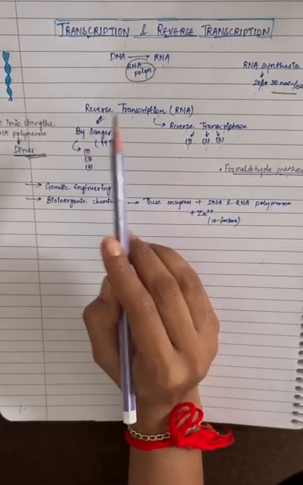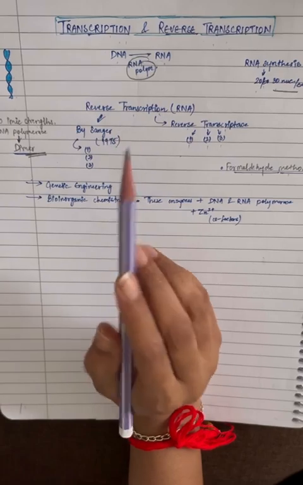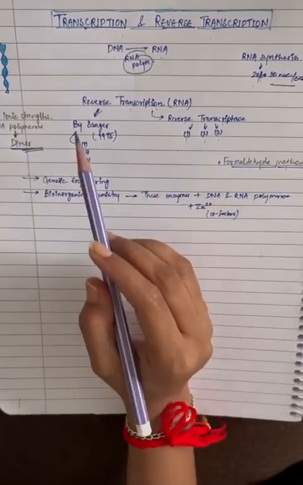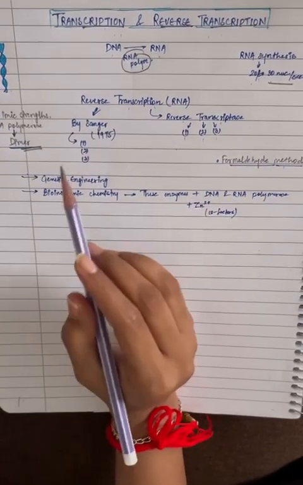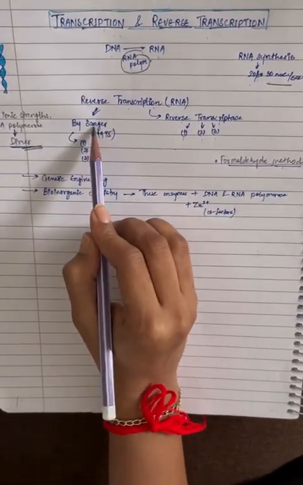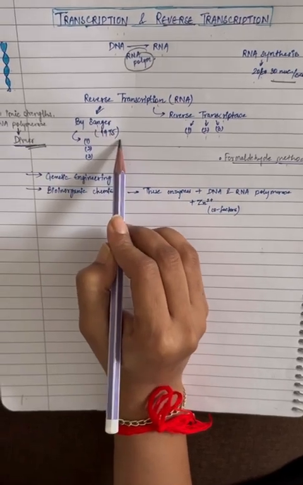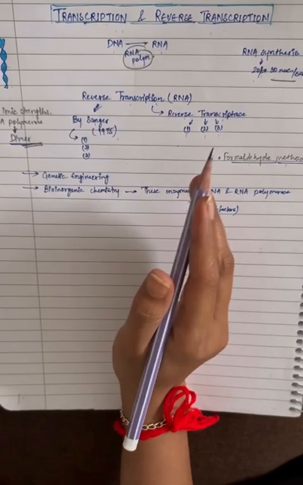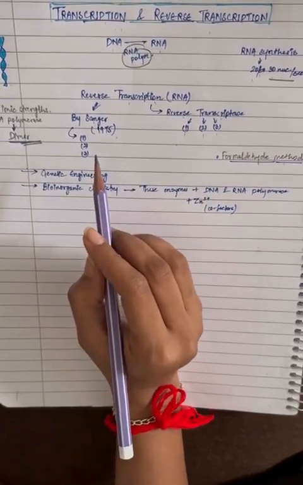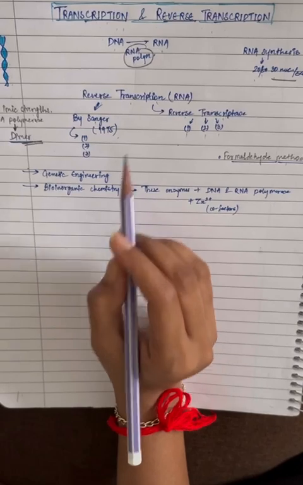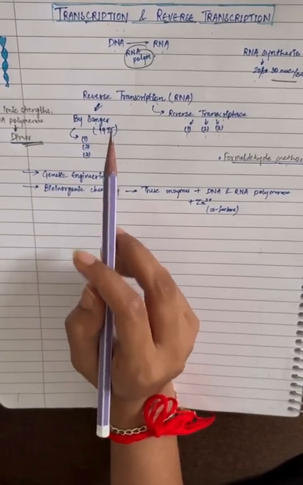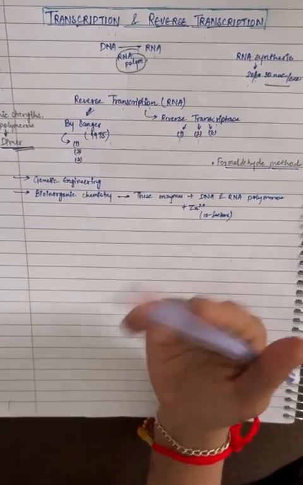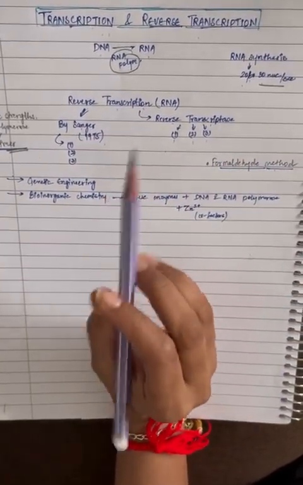Reverse transcription allows for rapid determination of DNA's primary structure by converting RNA sequences to DNA. The method, developed by Sanger in 1975, follows these steps. RNA is transformed into complementary DNA, that is cDNA, which forms double-stranded DNA that can be analyzed through restriction enzyme cleavage and subsequent electrophoresis. This process has enabled the sequencing of thousands of nucleotides and the understanding of gene structures.